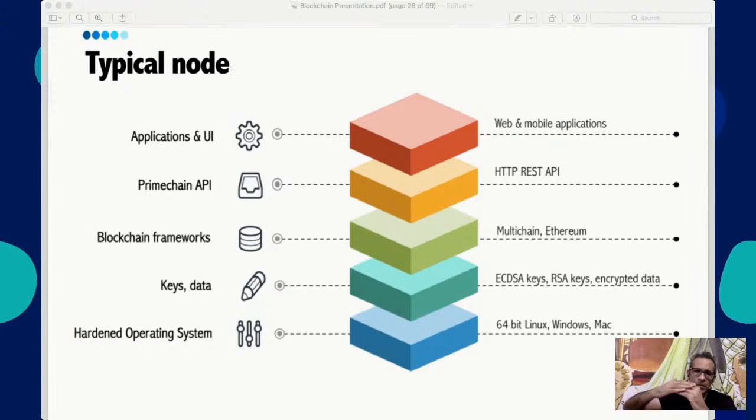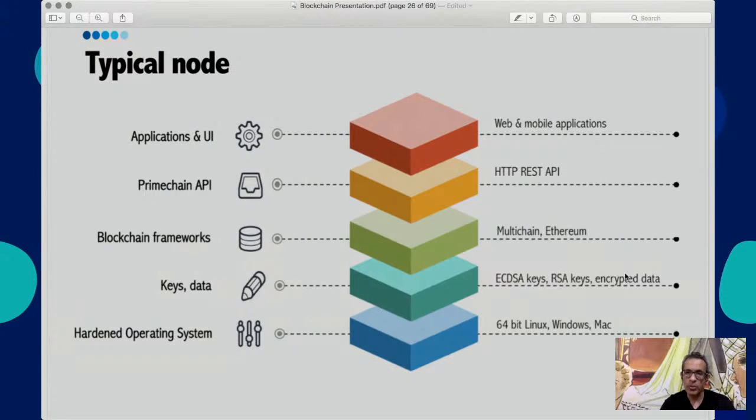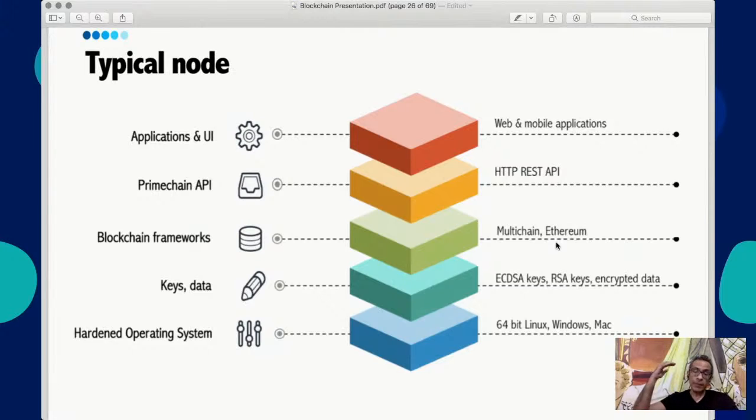Then once you have set up this blockchain, you have the keys and the data which is in the picture. Now that is, you have your ECDSA keys. You could have RSA keys for encryption and the encrypted data. So that becomes the second point of vulnerability, that data could be stolen, hacked. So let's say the data is flowing between the nodes from one node to the other. Now when it is flowing ultimately through the internet, if that is not encrypted, then that's the second point of vulnerability that you get,